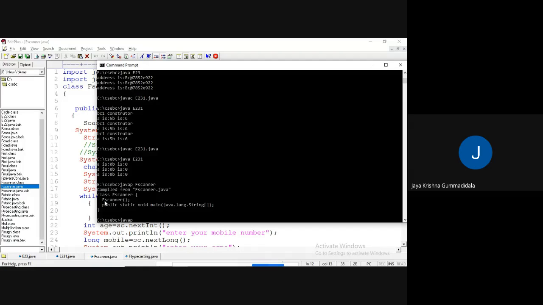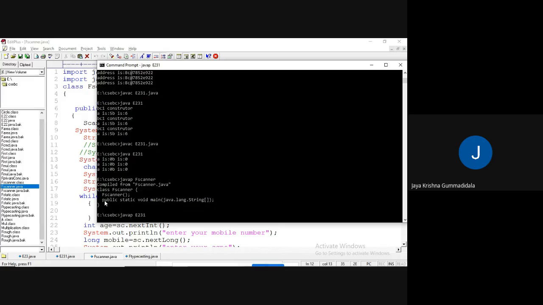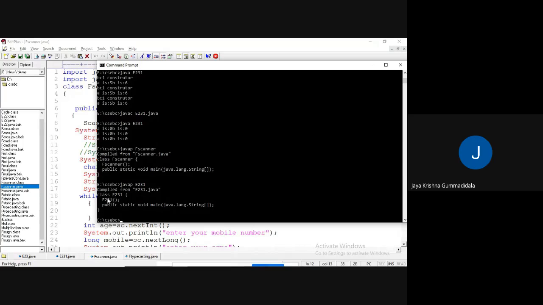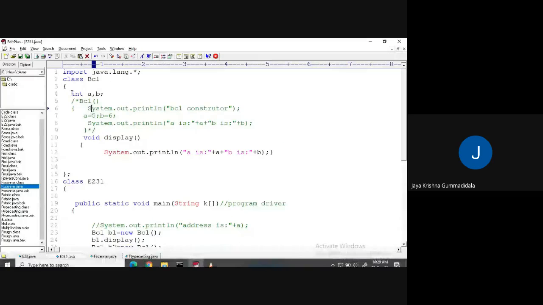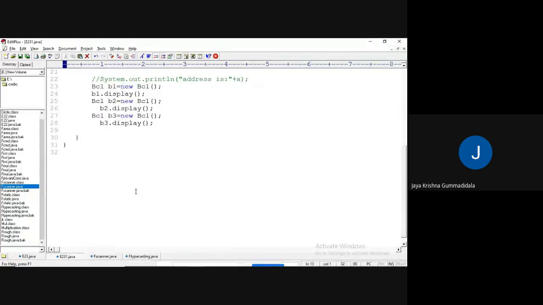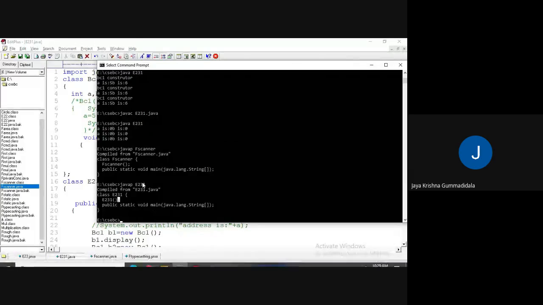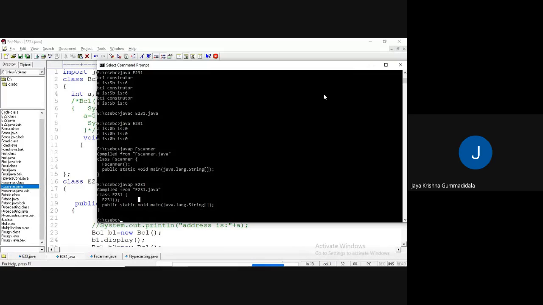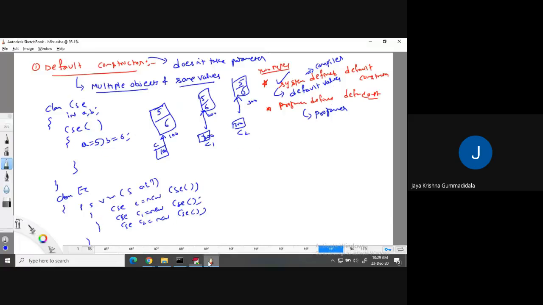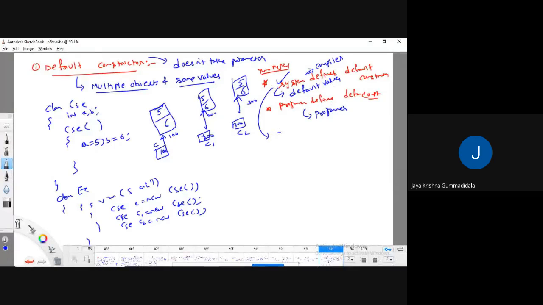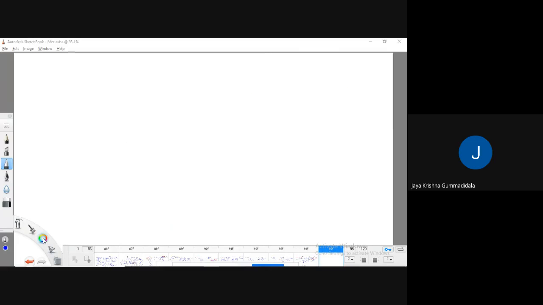So the same Java file, E231. See, here it is showing now also, because here also you require every class to have a default constructor. So my point is, every class will have a system-defined default constructor if the programmer hasn't written any programmer-defined default constructor. Okay, good. Next, the second one,